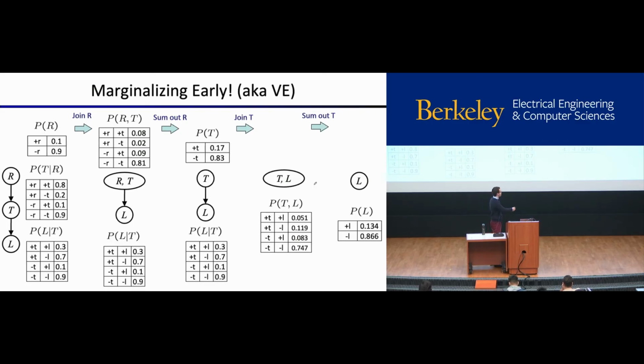And notice that we get the same answer here. And actually, for some reason, this one has 0.866, so that's nice. So someone fixed this slide, but not the last slide. So we can do this in either order, but with this one, we didn't have to build our whole big joint distribution, and now we're happy about that. Okay, questions on this?